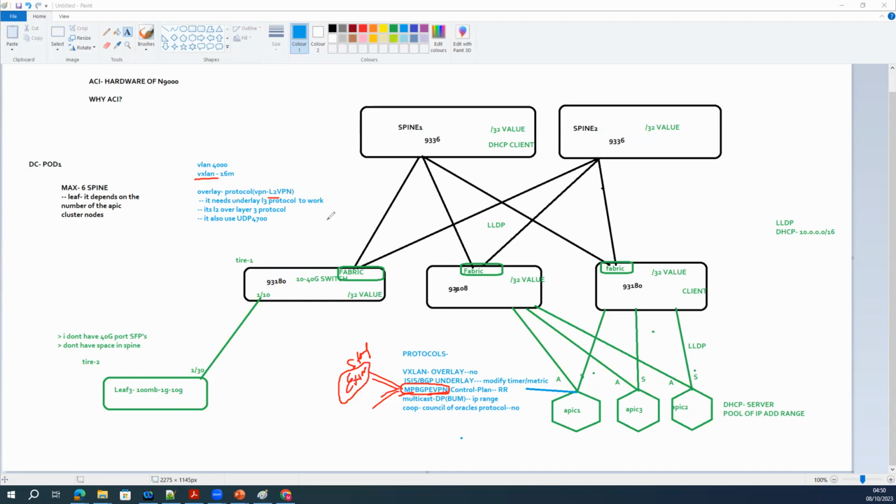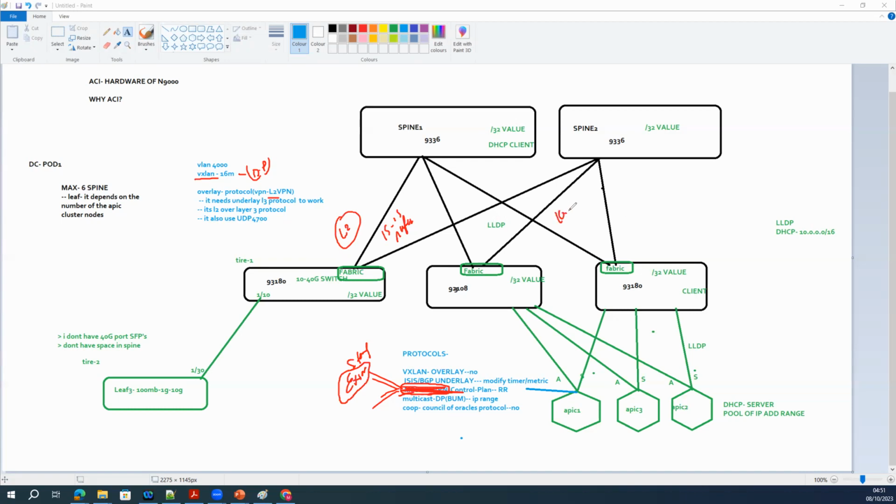Why EVPN for VXLAN? Suppose you don't have BGP in your ACI. In this case, what protocol is available? By default IS-IS is enabled, right? IS-IS and multicast. In this case, VXLAN will work as layer 2 flood, and only the data plane will work. In order to have the control plane, that means routing, reachability, and a gateway.